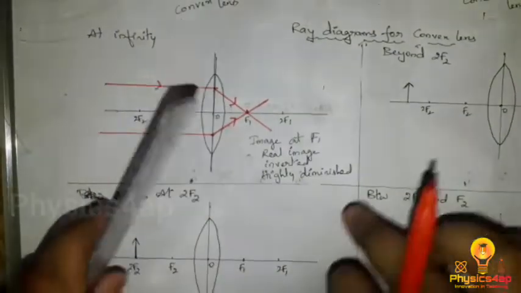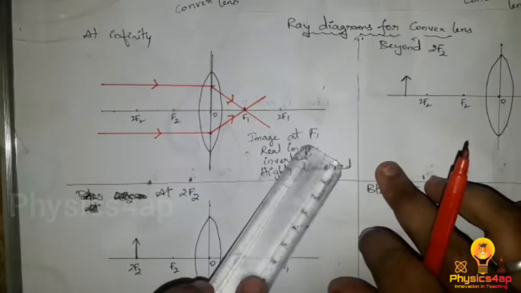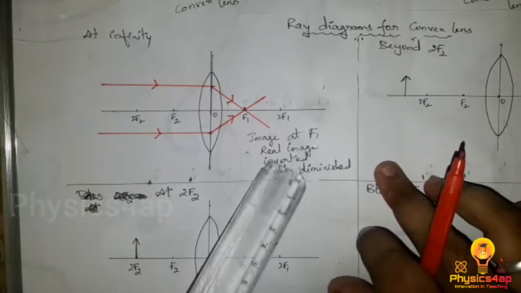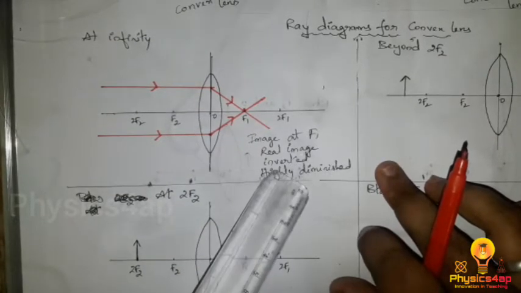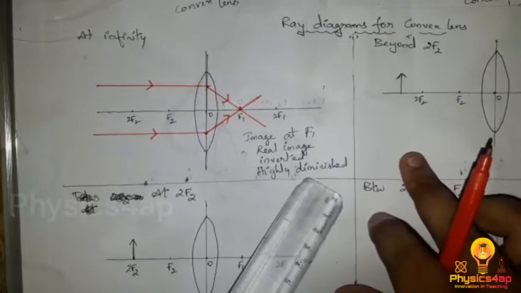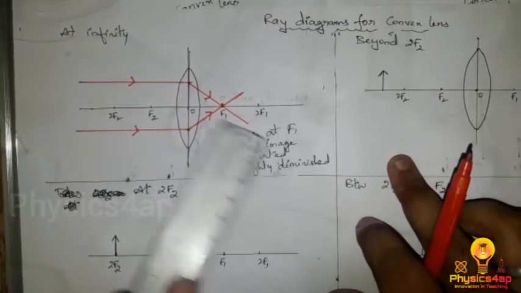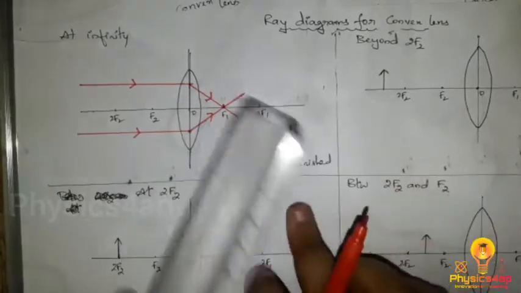So this is when the object is placed at infinity, the image is formed at the focus f1 and we get the real image, inverted, that means reverse, and here the image which we have is highly diminished. So this is the first case over here. And the second case, let us see, that is